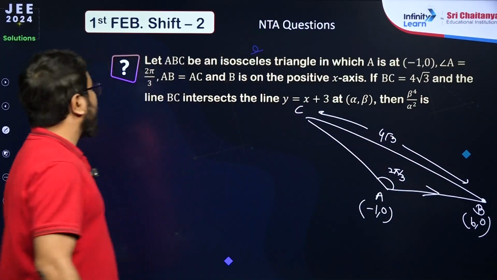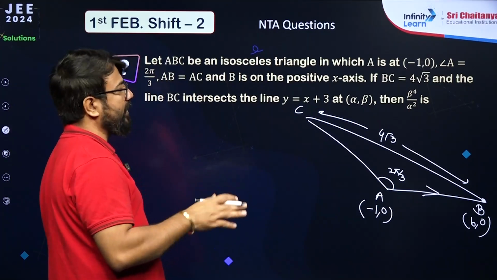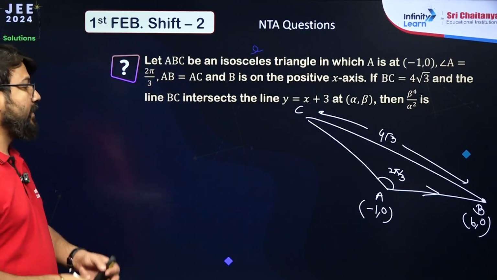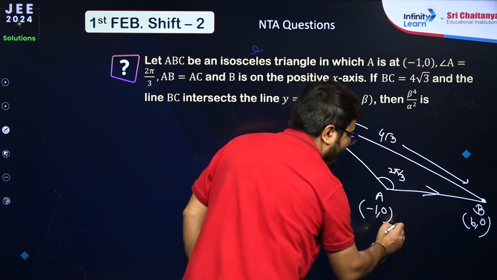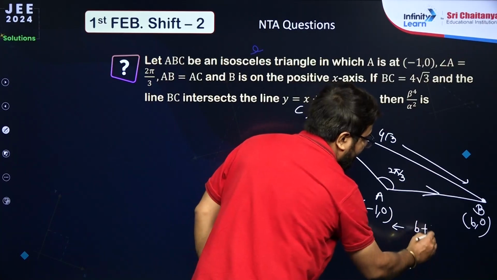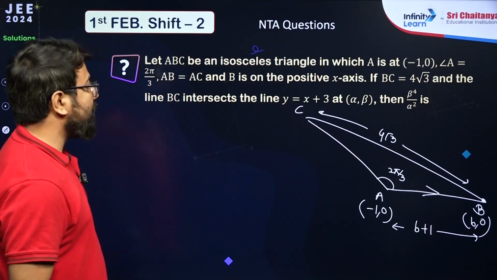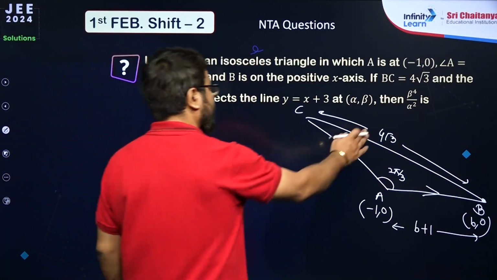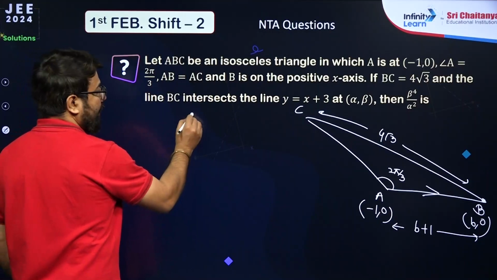And the line BC intersects the line y equals x plus 3 at alpha, beta. We want to get alpha beta basically. So my dear students, if I assume this coordinate to be B comma 0, don't you think that this will become b plus 1? Yes. Now, if this is b plus 1 and this distance is 4 root 3, I will apply the sine law. I'll apply here a upon sine a